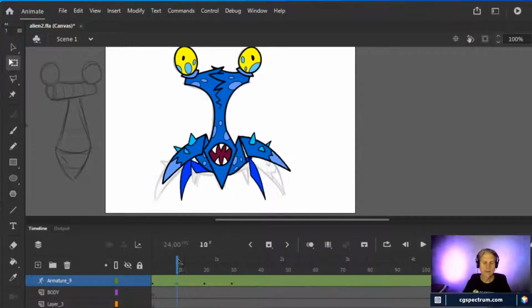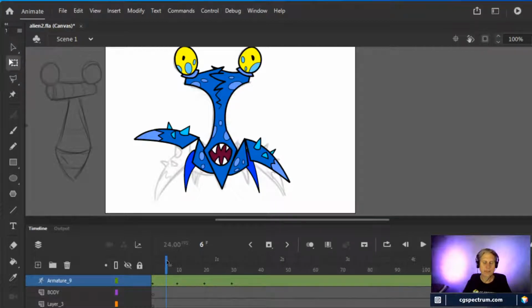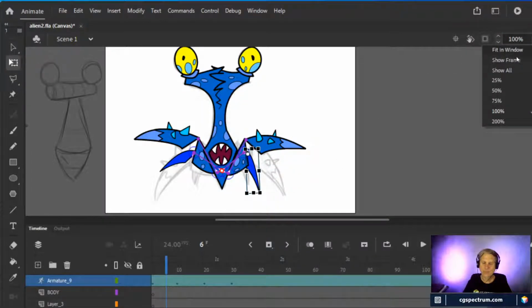Maybe even keys. Yeah, there you go. So you can see that on this one frame, the leg pops up like that. Basically the animation for this was just going through and grabbing each unit of the leg, which I'd already set up in advance. I'll open that one in a sec, I have it handy. But going through with each part of the leg, which has been joined with an armature. You can see it here on the screen.